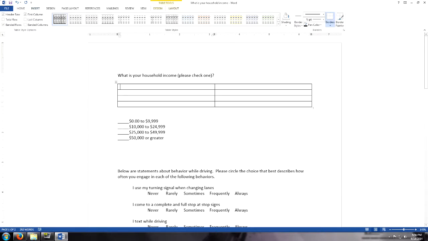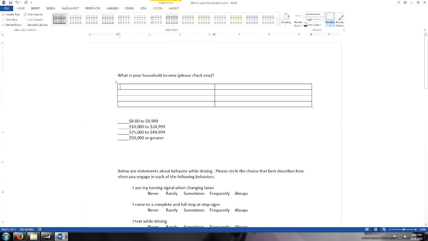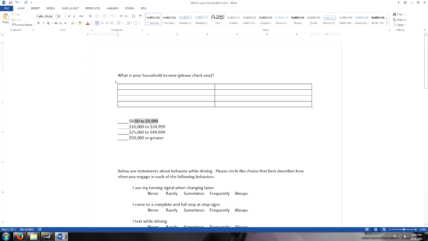And now what I'm going to be needing to do is to insert this information into here. Now normally, of course, you'd be typing it, right? You kind of make your questionnaire and I'm going to have 0, 2, and so on and so forth, right? So this step here is not usual. But I'm just going to go ahead and